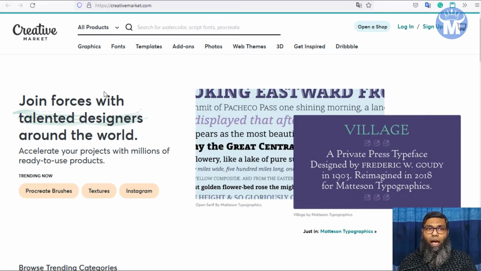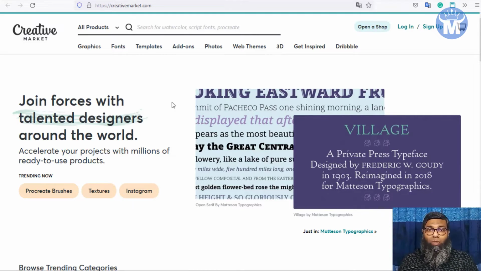I'm going to show you how this site works. You do not need to worry about any marketing. This site already has built-in customers, and they already auto promote your content to the public, so you will get promotions. All you have to do is concentrate on your designs, concentrate on the quantity and quality of your uploads, then you are good to go. My friends are also earning a good amount of money from Creative Market. My friend works in the graphics field, earns a decent amount of money, and he told me this method,